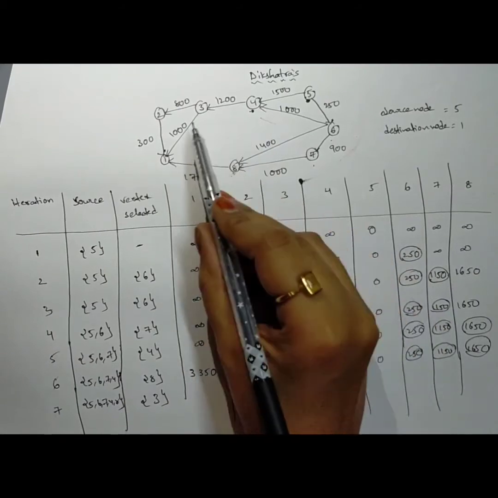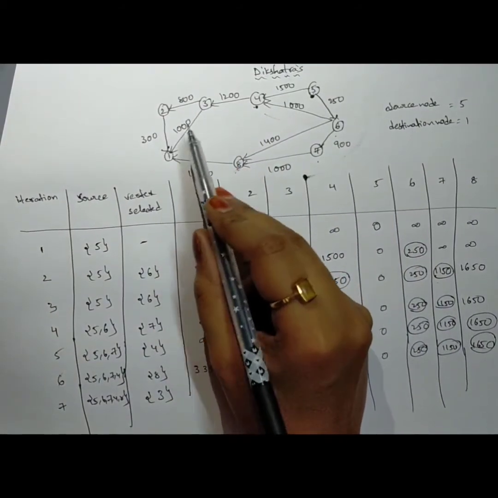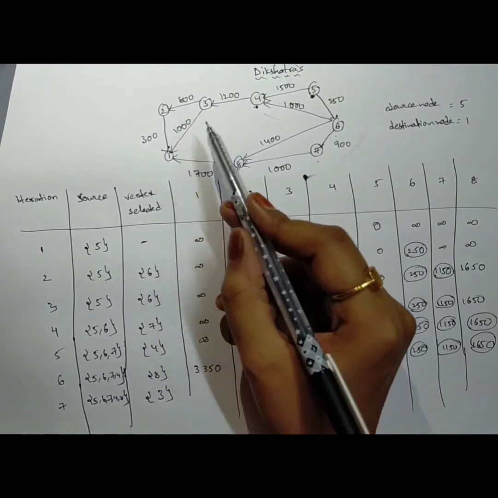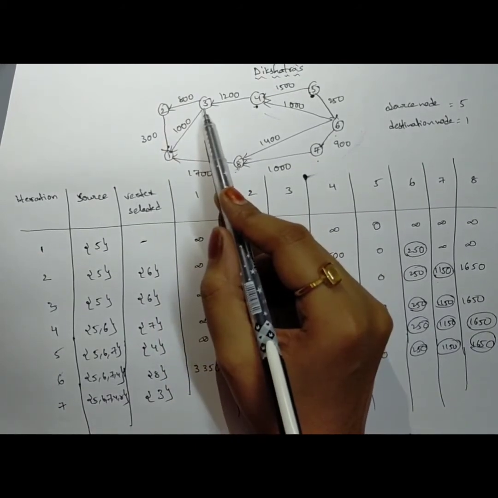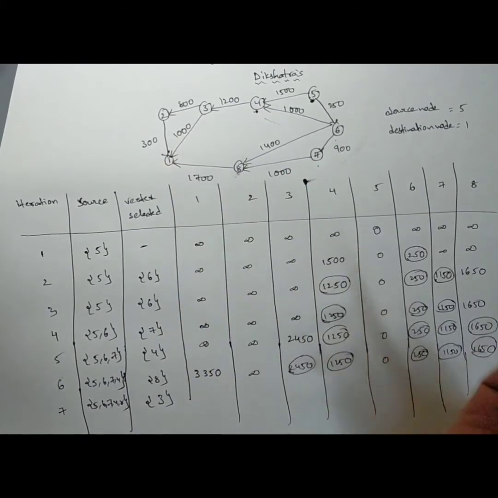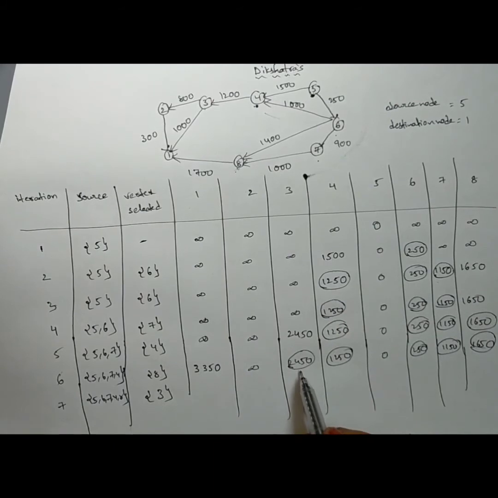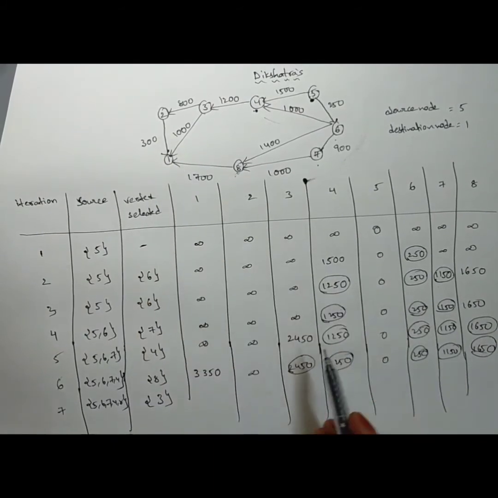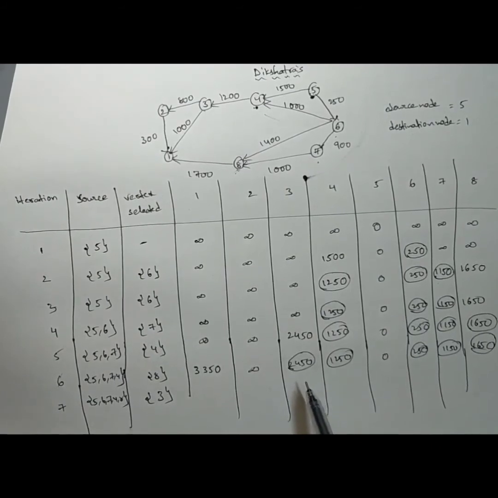From vertex 3 we have two edges, that is 3 to 2 and 3 to 1 with weights 800 and 1000. Now I am considering first the edge from 3 to 2. Till 3 we have 2450 distance. Now I am adding 800 to this distance, 2450 plus 800, which is